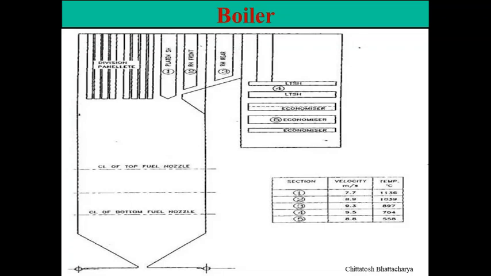So if we start from the end of the boiler at the back end, there we will find air preheaters, and above that we have economizers. Air preheater is preheating air, so it is not in the water steam circuit. Above that is the economizer, and from the economizer we are sending water to the boiler drum. Then from the drum we have water walls. From water walls it is going to LTSH, low temperature superheaters.